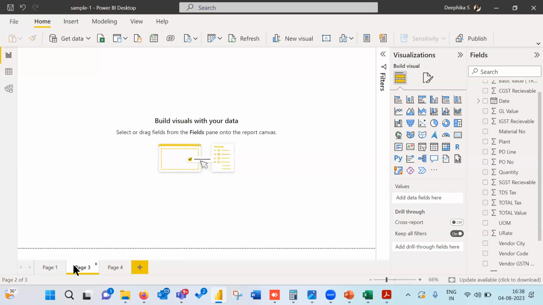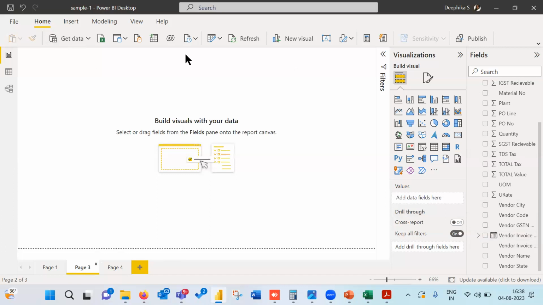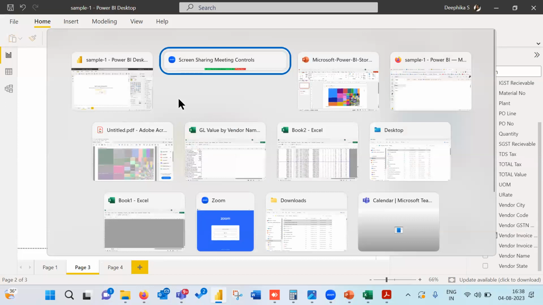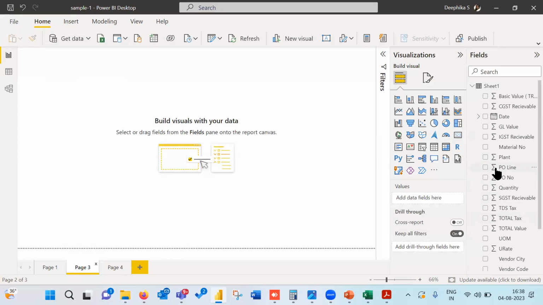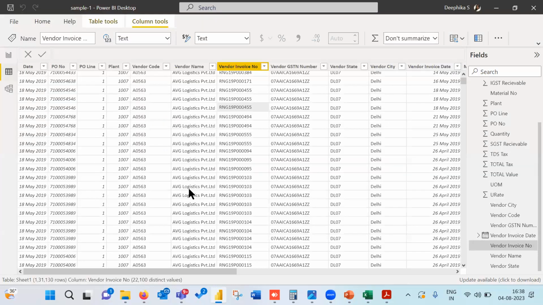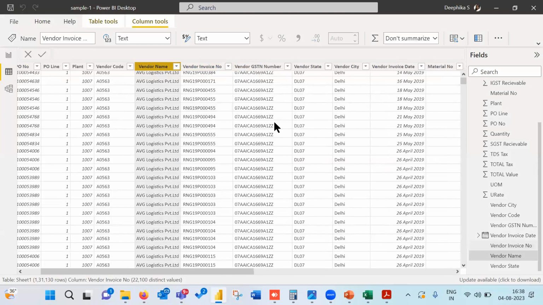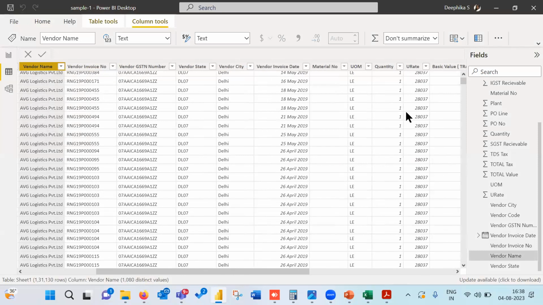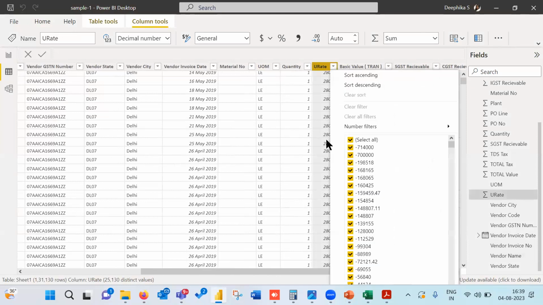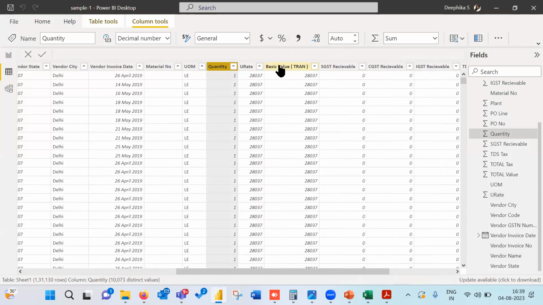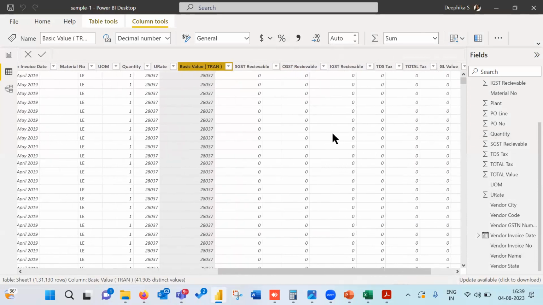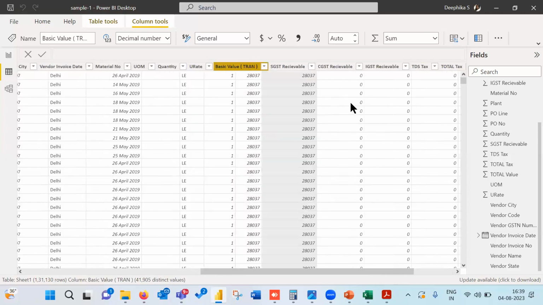Okay, let's see, this procurement data itself I have taken. Now let's say I need to teach you the difference between Power BI formulas. That day we haven't done any formulas, so I'll show you without formula and also with formula. Now let's say we want to understand, this is a purchase register. So there are different vendors. We have dates, we have unit rate, then we have quantity, transaction value, TDS, total value. So this many data points we have.